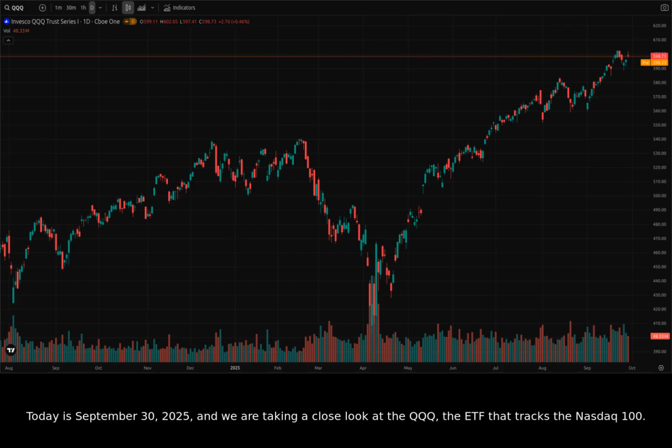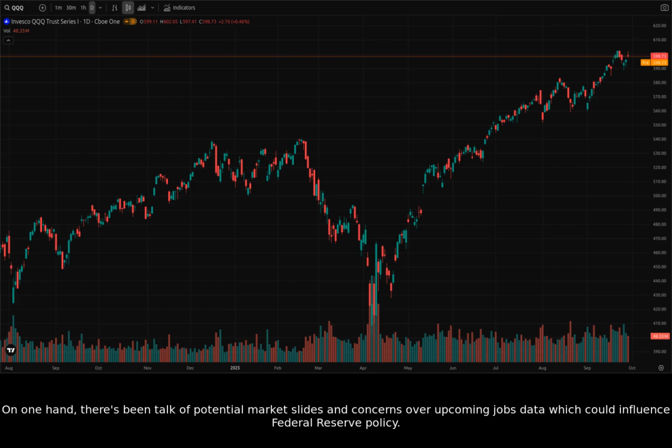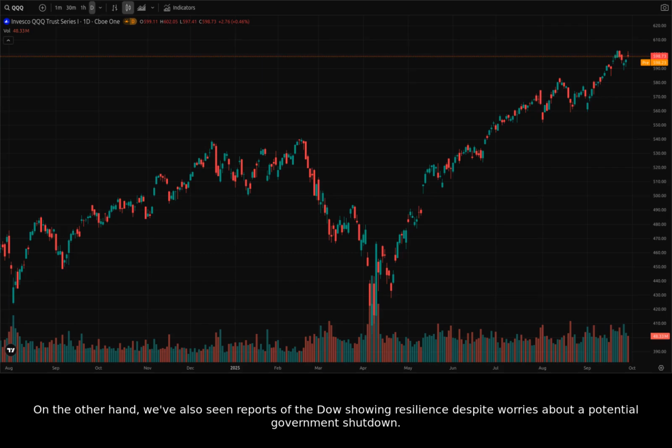Today is September 30th, 2025, and we are taking a close look at the QQQ, the ETF that tracks the Nasdaq 100. First, let's quickly touch on the current news environment shaping market sentiment. Recent reports from the past week indicate some mixed signals for investors. On one hand, there's been talk of potential market slides and concerns over upcoming jobs data, which could influence Federal Reserve policy. On the other hand, we've also seen reports of the Dow showing resilience despite worries about a potential